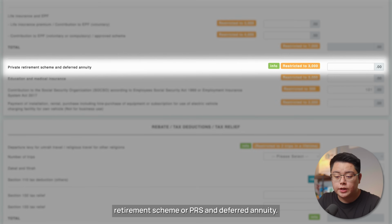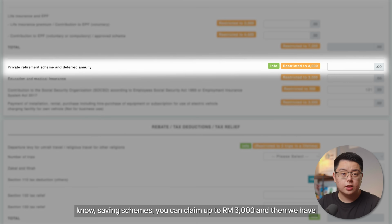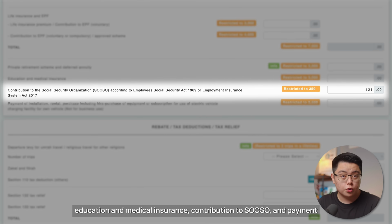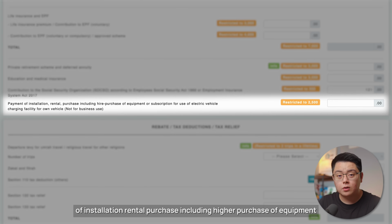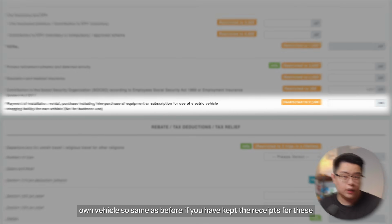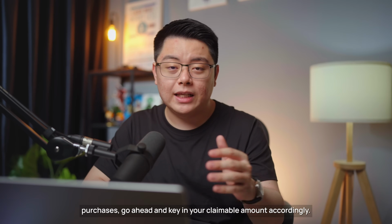the sum over here. And under that, we have this section, private retirement scheme or PRS and deferred annuity. If you have signed up for any form of these investments or saving schemes, you can claim up to 3,000 ringgit. And then we have education and medical insurance, contribution to SOCSO, and payment of installation, rental, purchase including hire purchase of equipment or subscription for use of electric vehicle charging facility for own vehicle. So same as before, if you have kept the receipts for these purchases, go ahead and key in your claimable